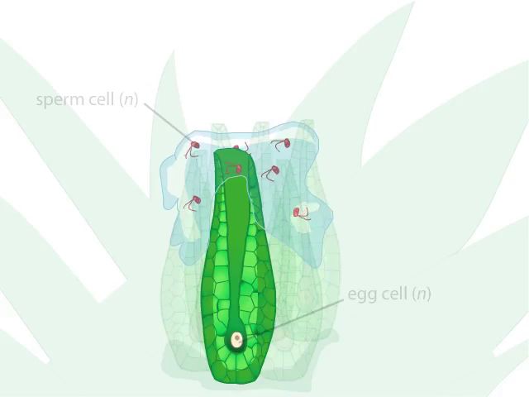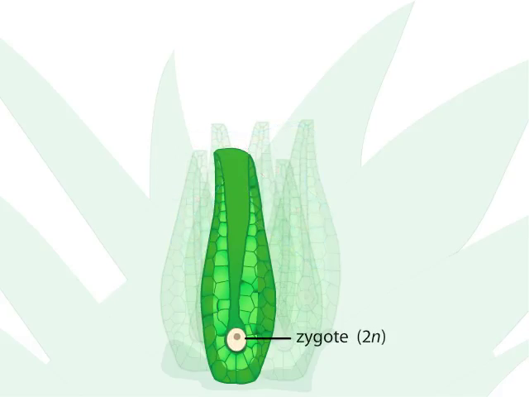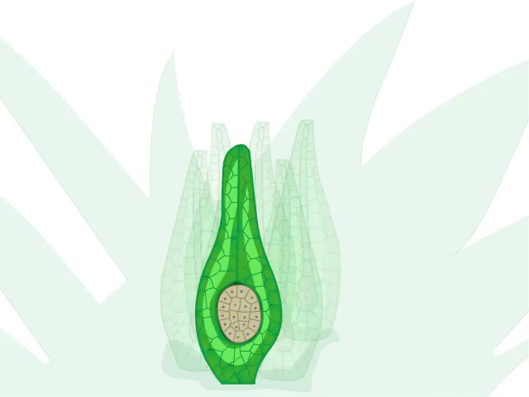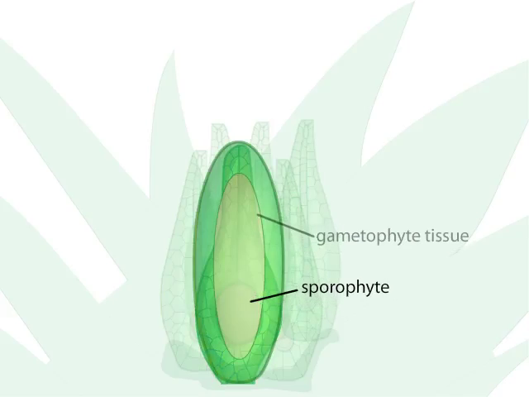Once in the vicinity of an egg, a sperm cell swims to the egg and fertilizes the egg by fusing with it. The fusion produces a diploid zygote, the first cell of the next generation, called the sporophyte generation. The zygote divides by mitosis and grows into a multicellular sporophyte. During the life of the sporophyte, it remains attached to the gametophyte and depends on the gametophyte for water and